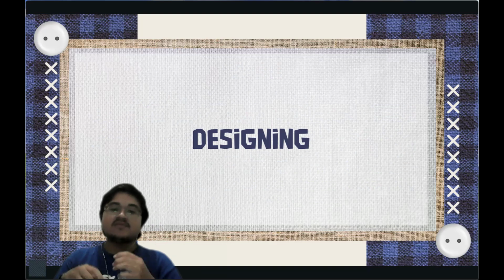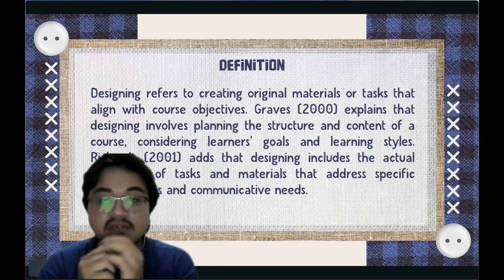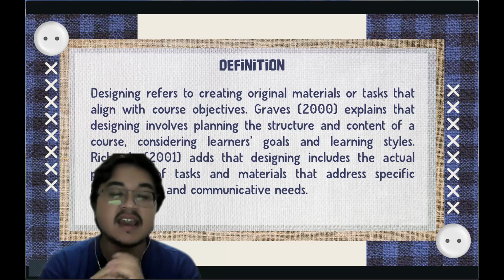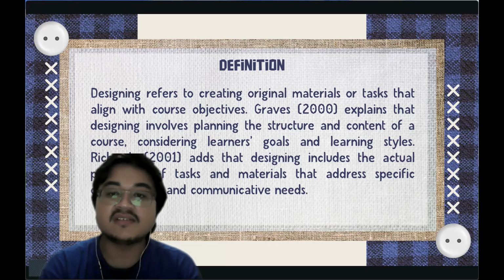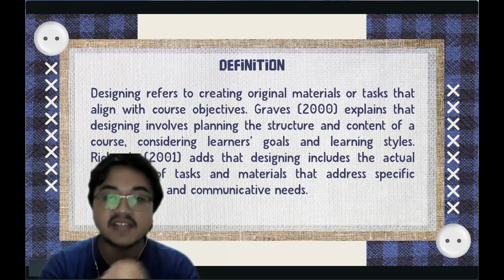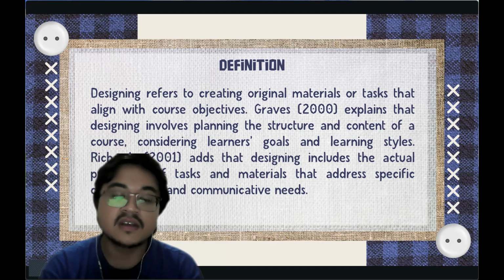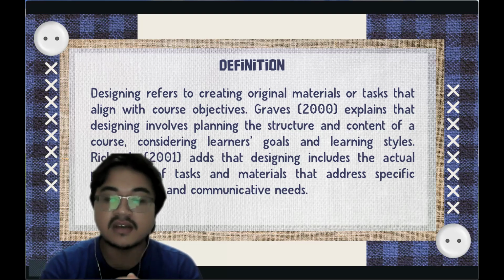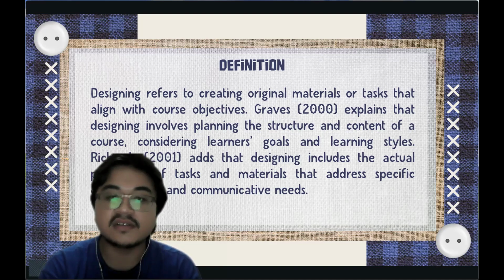Now we move on to designing. Designing refers to creating original materials or tasks that align with course objectives. Graves in 2000 explains that designing involves planning the structure and content of a course, considering learners' goals and learning styles. Richards in 2001 adds that designing includes the actual production of tasks and material that address specific